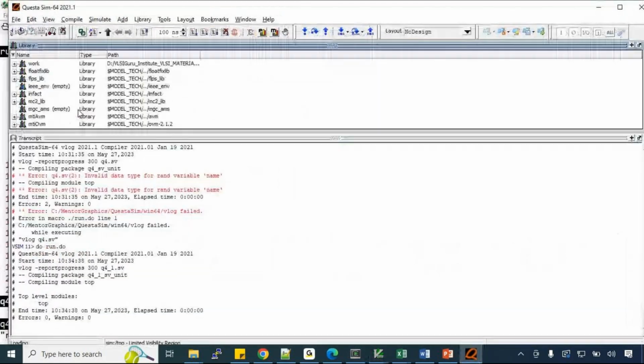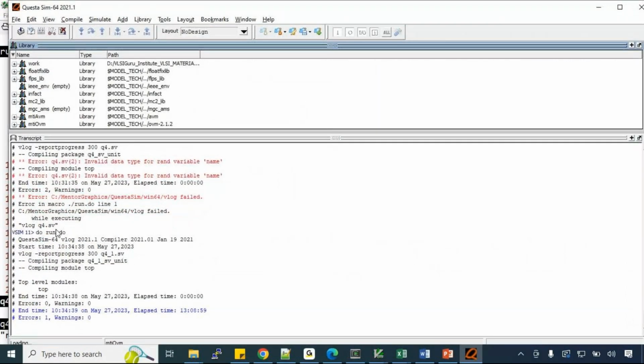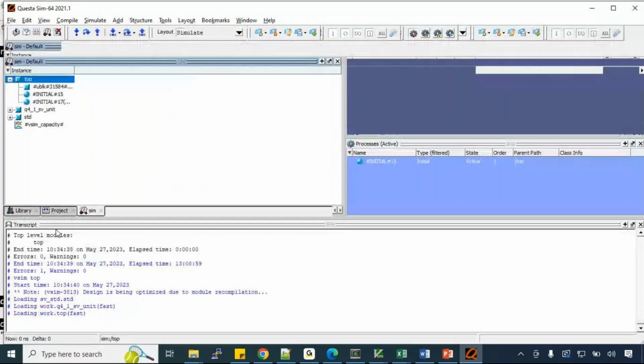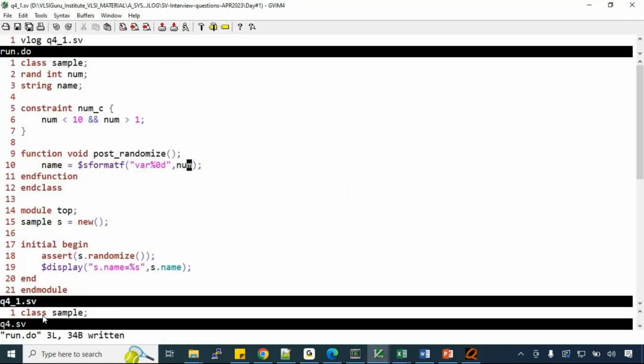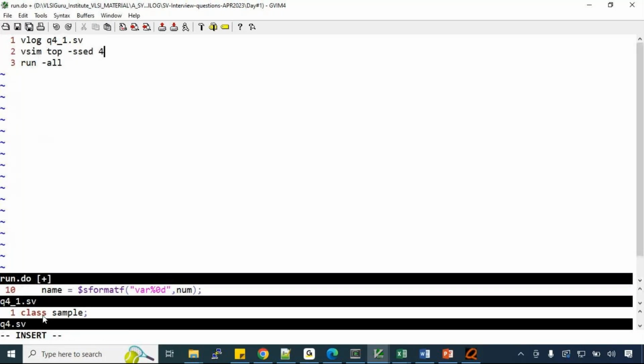Now you see that the compilation error is not there. Why is it not there? A string should never be declared as a rand variable. Now you see it is generating variable 4. If I generate with a different seed, in this context, can someone tell me what is